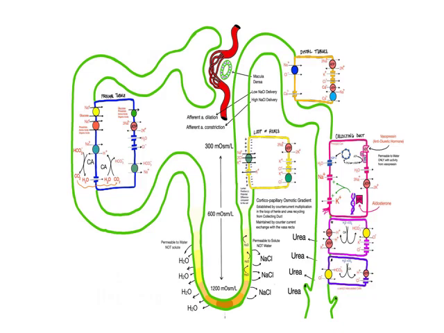Then the loop of Henle, convoluted tubules, and then the collecting ducts. From the collecting duct, sodium will be reabsorbed, potassium will be secreted out, hydrogen ions will be secreted out, bicarbonate ions will be secreted out, chloride ions will be reabsorbed, and urea will be secreted out, and more concentrated urine will be passed outside the body.